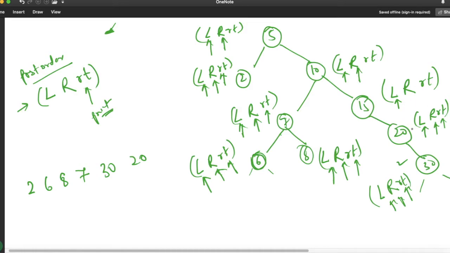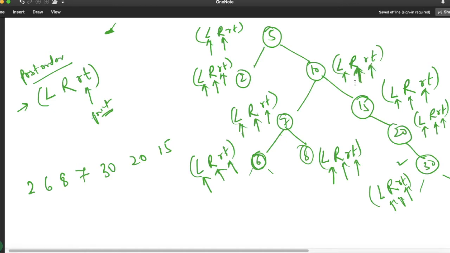So we are done with this node. So it is simply returned to the called one. So this right part had called this node. Now we are done with this. Next is root. So let us print the root, 15. So we are done with this root. Now it will simply return to the called one. So this was my called, and this right part was the calling one. So we are done with this right part.